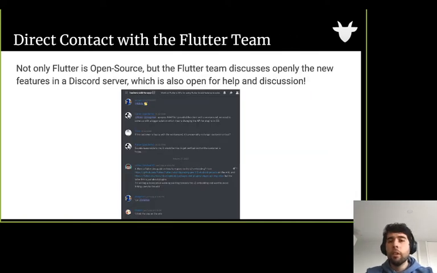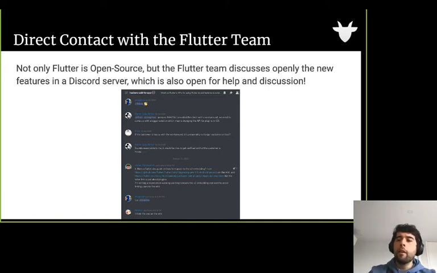Finally, what for me is one of the greatest things here is that Flutter is not only open source, but also open in its development. The official Flutter team created a Discord server in which they openly discuss what they are working on and the issues, and sometimes we even have the technical documents they use to plan their new features. We had a revamp of the navigation in Flutter, but that document was openly available for quite some months before they implemented it.